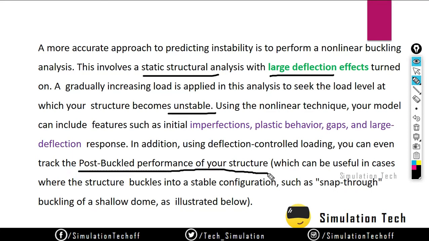If you define a transient case, at variable loads you can analyze the structure's behavior for a particular time, like how it behaves at 10 seconds or 20 seconds, or depending on the load, how it behaves at 20 kilonewton or at 50 kilonewton.